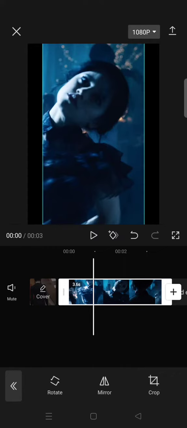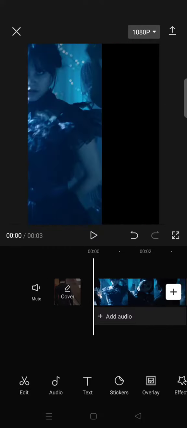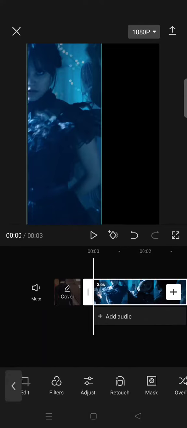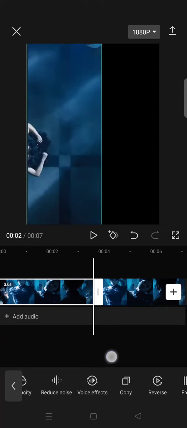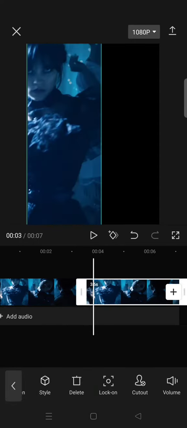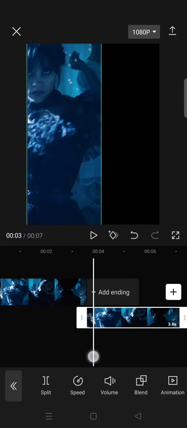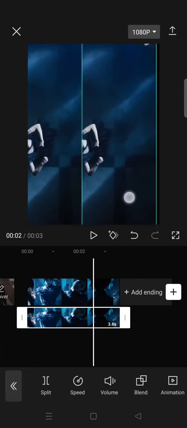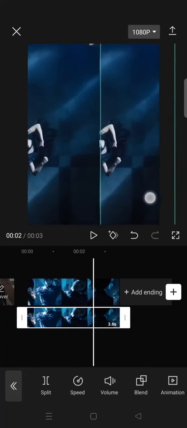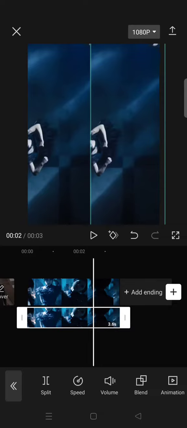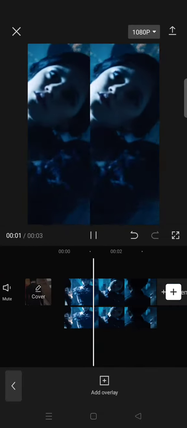Then just put your video on the left. Okay, so after that you can just click on the video and copy it and make one of it as overlay. Okay, put it aligned like this and then put it side by side. So just drag the overlay to the right like this